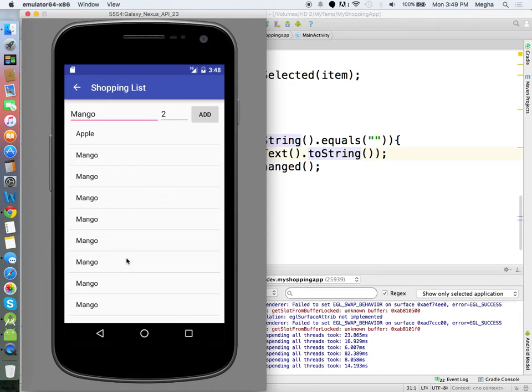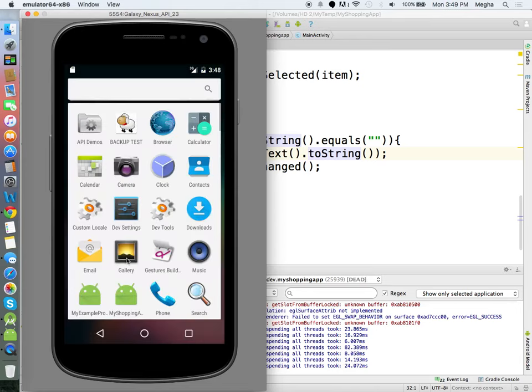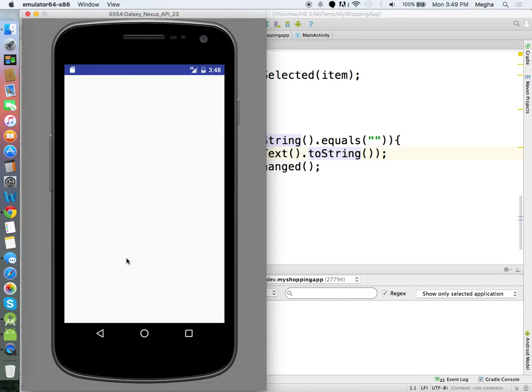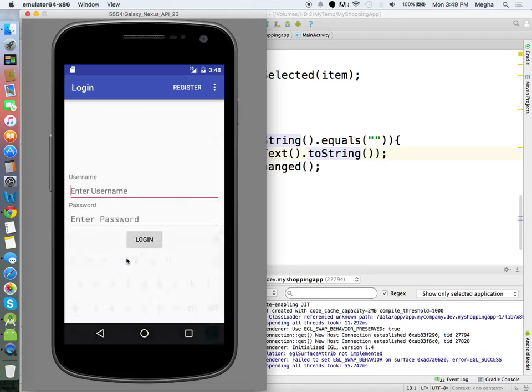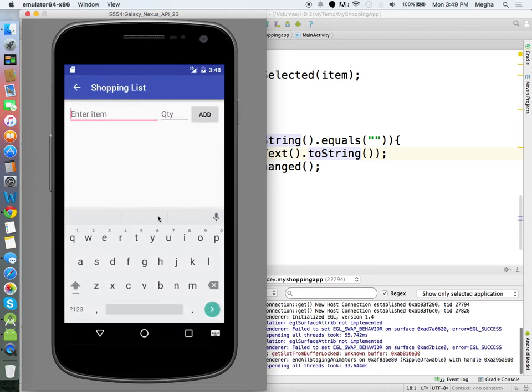Sometimes I want to display item name and item quantity here. I want to display two columns. But in this case I can display only one, because there is no provision for it. It only accepts one single array list. Maybe I may need to display the quantity also. That's a second scenario, a disadvantage. This particular array adapter will not be much of help if you want to display some complex data type.